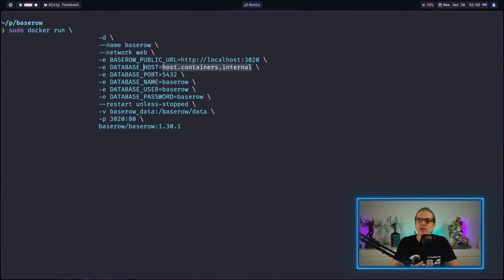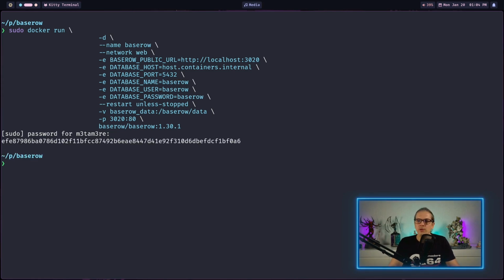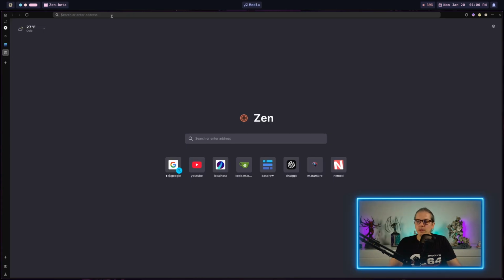So in this case, the database host is host.containers.internal, and that will just tell the container to connect to the database on the host machine. And here we have the default port for Postgres, and we have a database named Baserow, a user named Baserow, and a database password. So that's basically all of it, and I can just start my container here,